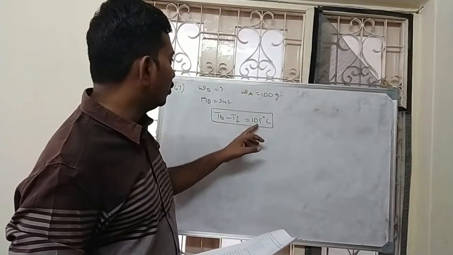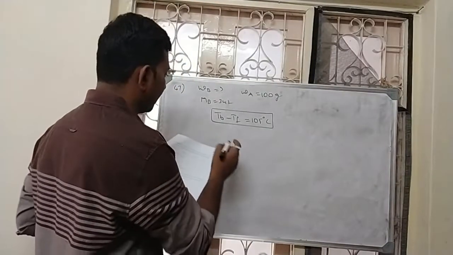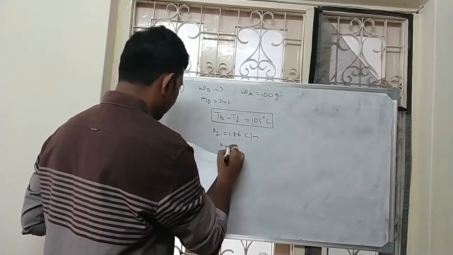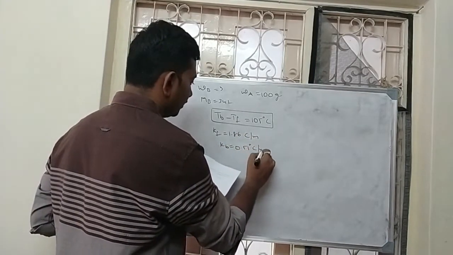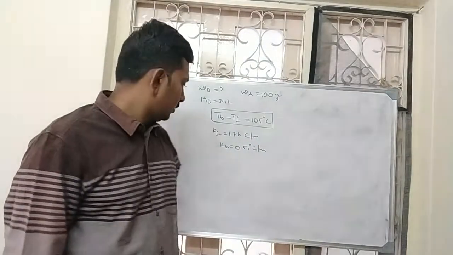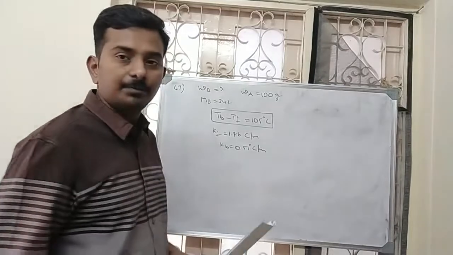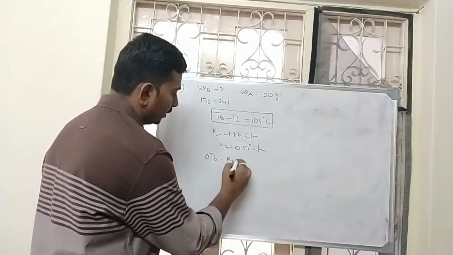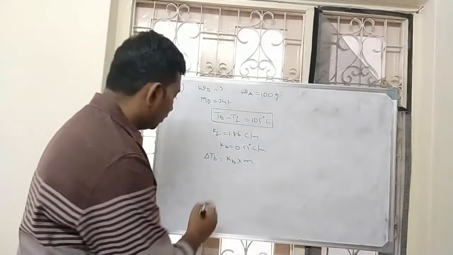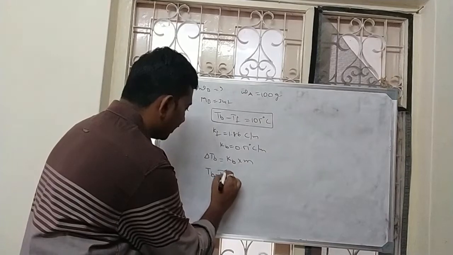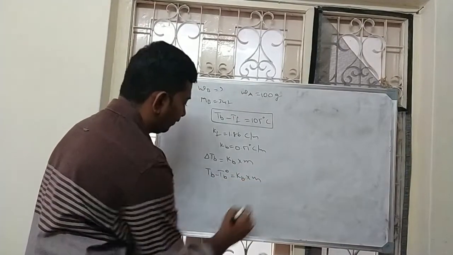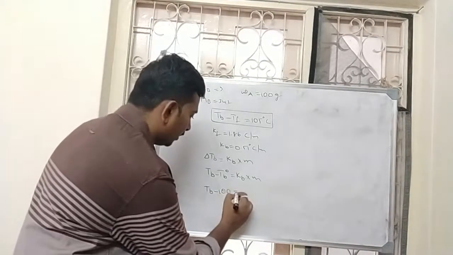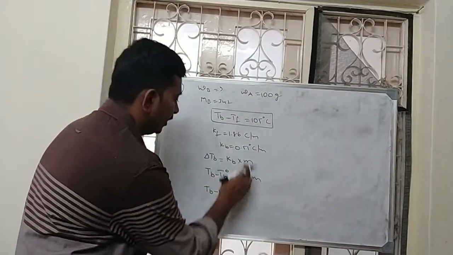The difference between the boiling point and freezing point must be 105 degrees centigrade. In order to get this value, how much amount of solute we need to add? And they have given the Kf value as 1.86 and Kb value as 0.51 degrees. So these are the Kf and Kb values given. So first let us take elevation of boiling point. Delta Tb is equal to Kb into m. So delta Tb is Tb minus Tb naught, which is equal to Kb into m. So Tb minus boiling point of pure water, 100 degrees centigrade, is equal to Kb value, which is given, 0.51.